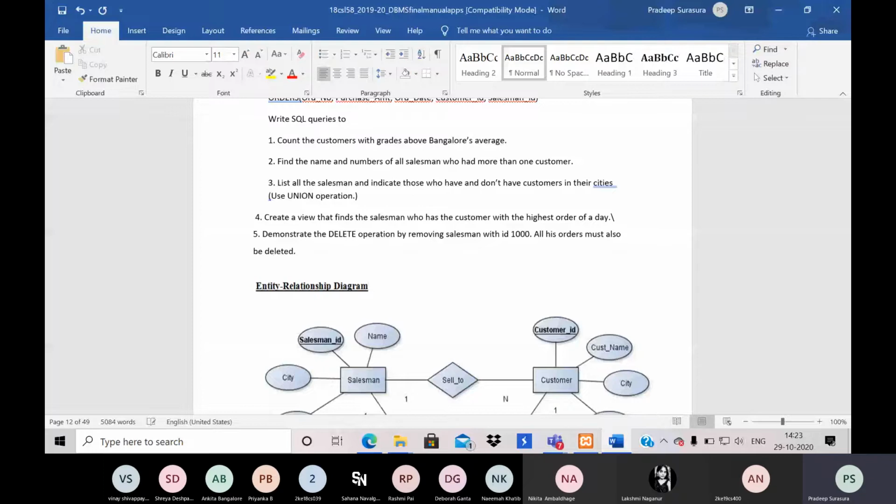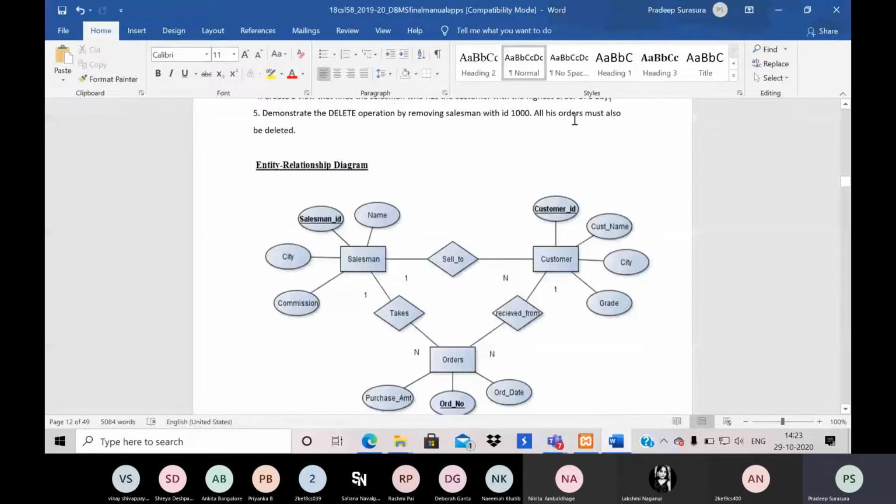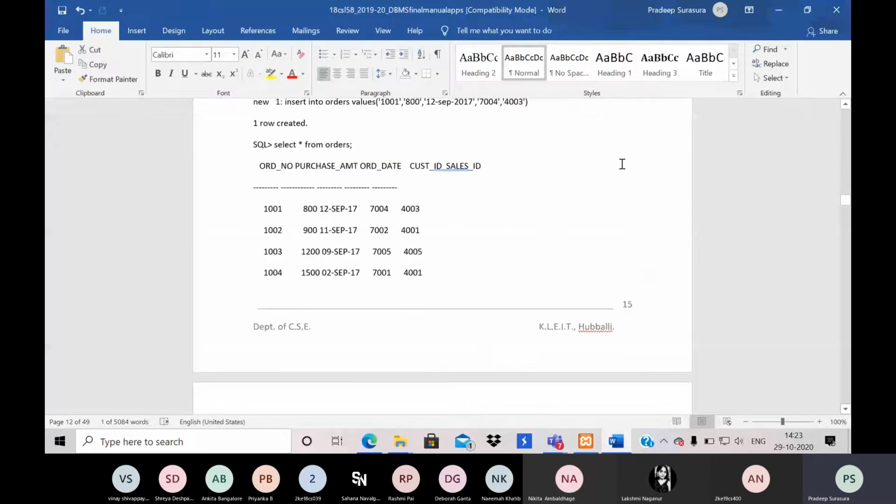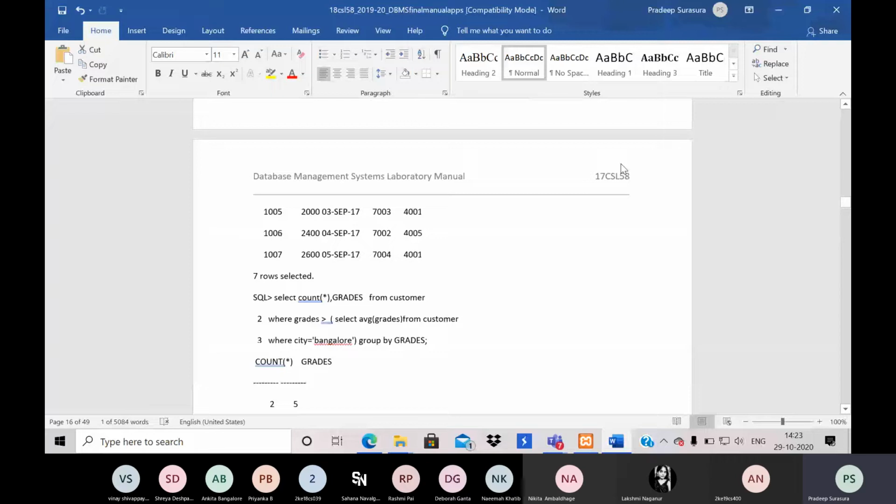So don't worry about that. If I delete 1000 ID of a salesman, all values will automatically get deleted. That's how it says. So the first query is to find out the average of a particular place and then work on them.